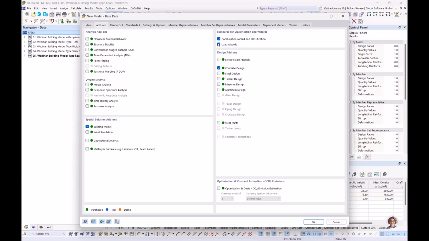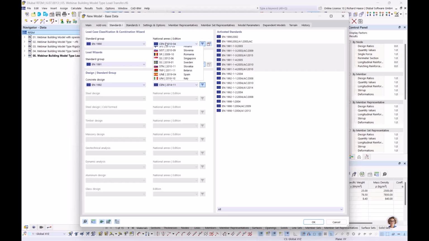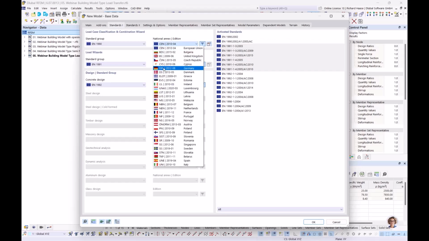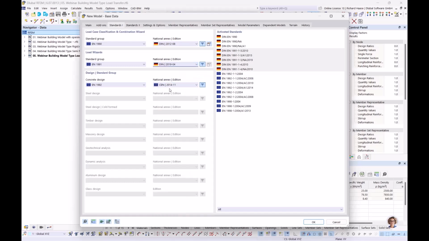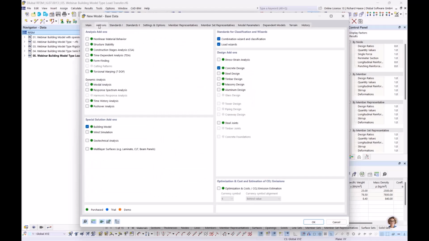And for the quick modeling, I also want to show you our load wizards. For this today we want to choose the German annex. And okay, so when you activate the building model,